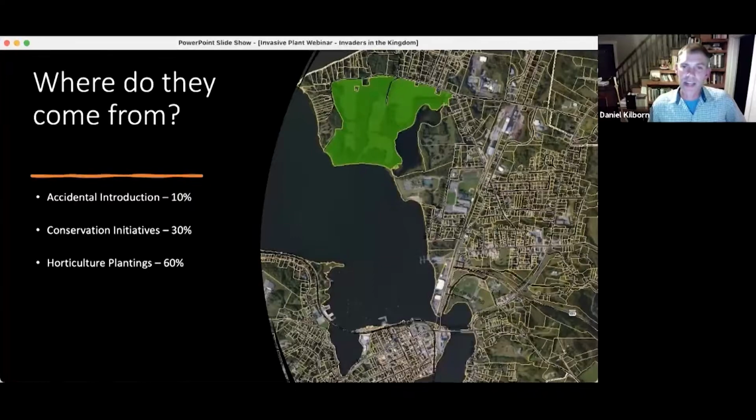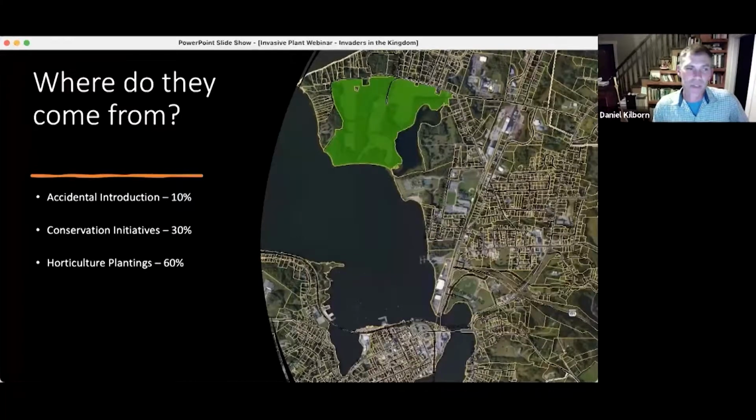In previous decades, we actually thought planting some of these things, like autumn olive, was a good thing for wildlife, both for a food source and cover, and we've learned better. But 60% through the horticulture industry. And because this last group tends to come from plantings around homes, they tend to first escape and establish around population centers, like Newport. So you can imagine that if even half the home parcels that you can see on this photo around Bluffside Farm have non-native invasive plants in their yards, the seed source that will be produced and distributed